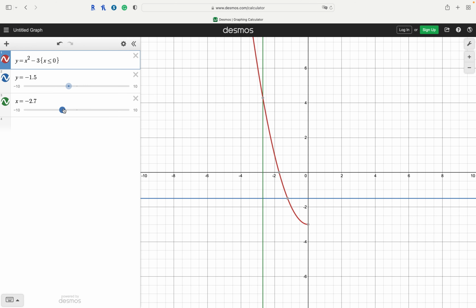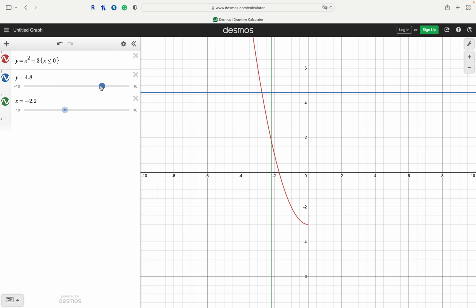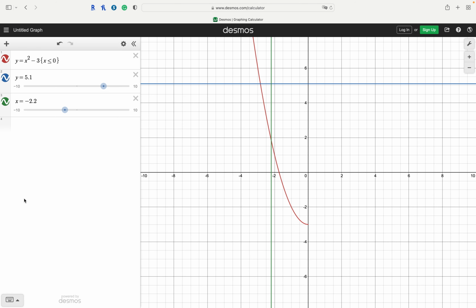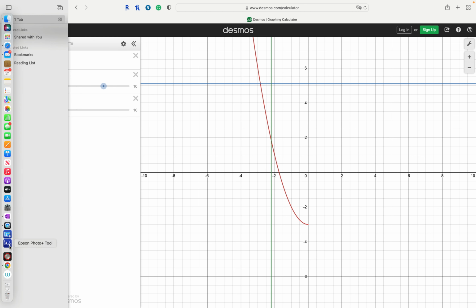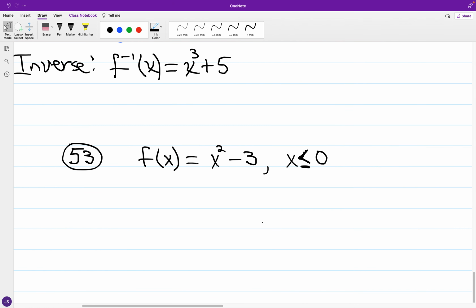And so it's going to satisfy the vertical line test and the horizontal line test, because with the horizontal line you have intersection at most at 1 point, whereas with the right half you had intersection at 2 points. So this quadratic function, by taking just the left half of the graph, is one-to-one. And the right half would have been as well if I went with x greater than or equal to 0. And so looking at the inverse of this particular function,